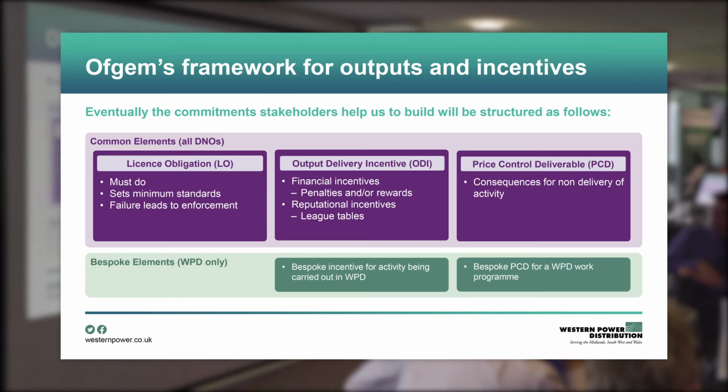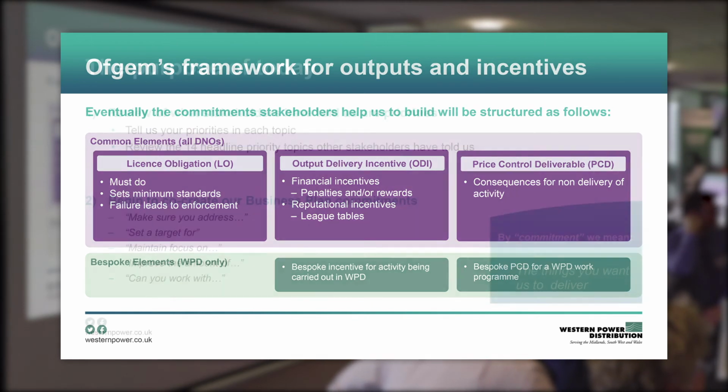And we've split the screen into a purple zone and a green zone. The purple zone represents common outputs that the whole industry will be subject to. And the way that we're getting to work to define some of these is through working groups that are happening now with Ofgem, and they'll keep running all the way through this year as they develop their methodology for the next price control. But below that, we have the opportunity of specifying our own bespoke incentives, our own bespoke deliverables. So some of the output that you give us could factor into those bespoke outputs.